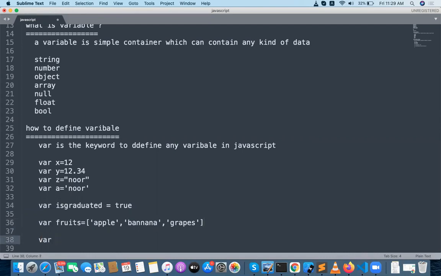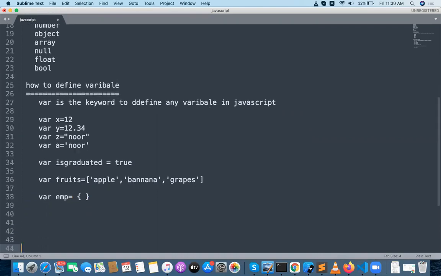Okay, I want to define an object like emp, emp equal to an object defined with curly braces, and I want to present object values inside. Emp id will be 1001, comma, emp name is something like Srinivas.